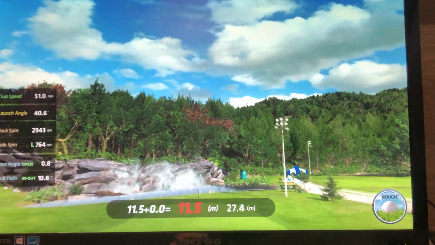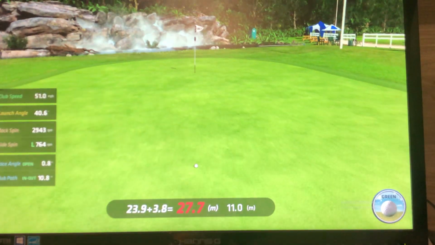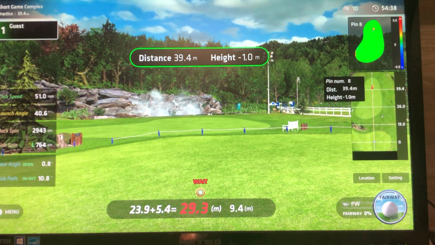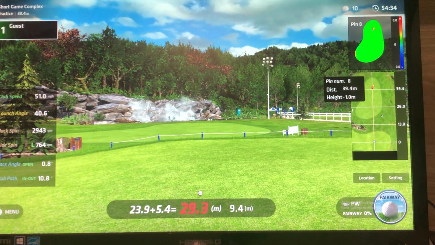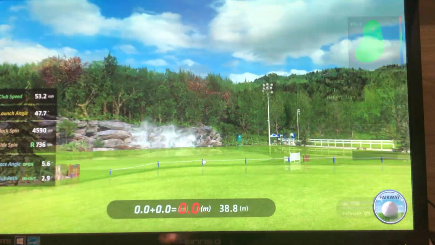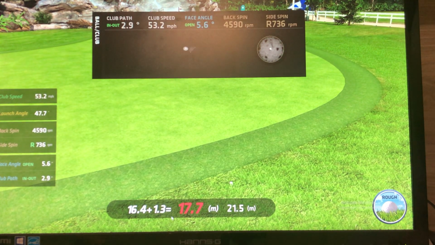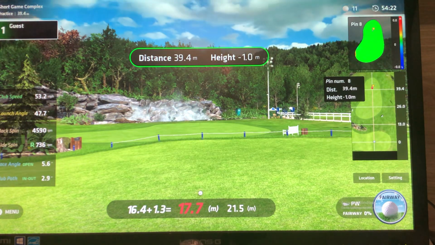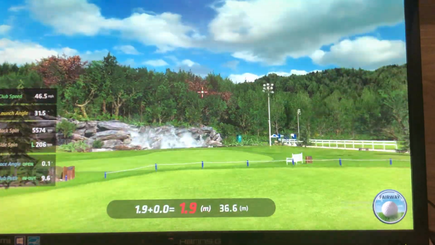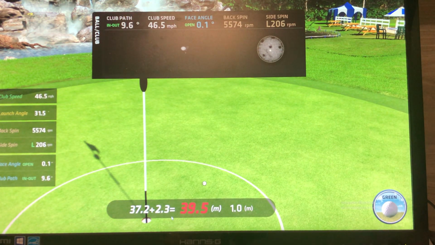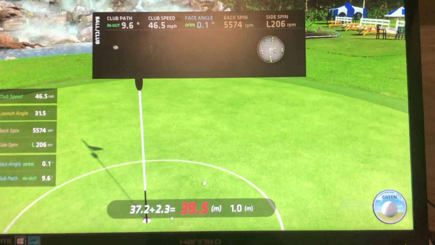Kind of a good shot as well. Remember? I'll try it now. So when you're hitting some really kind of floppy high spinners, you see 4,590, a little bit too high. That one. 5,574. If you replay the shot here,